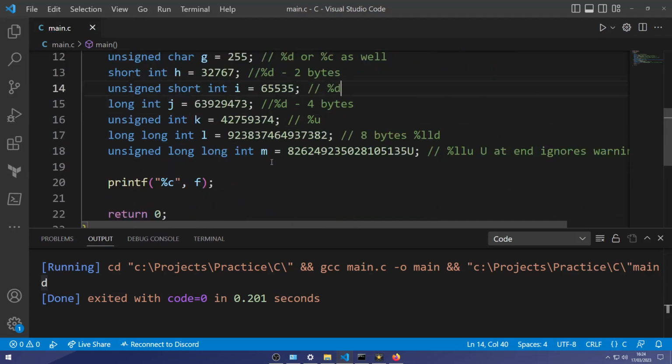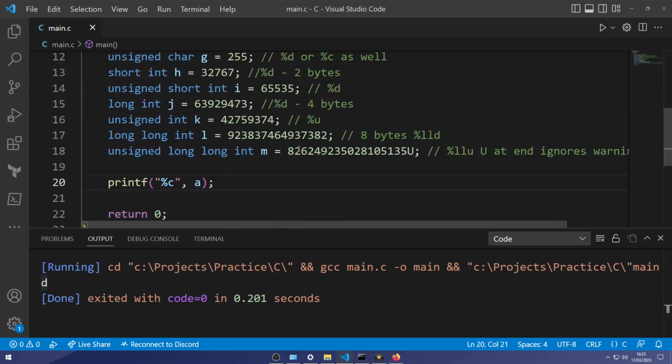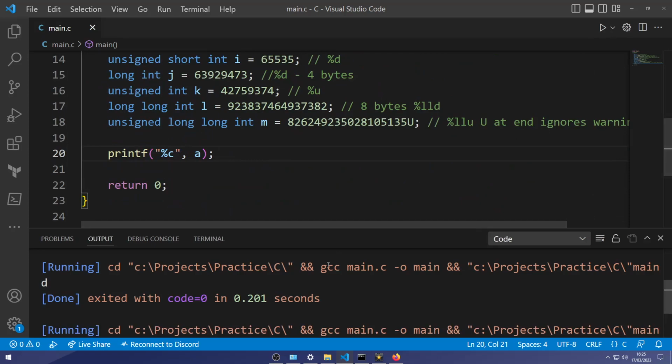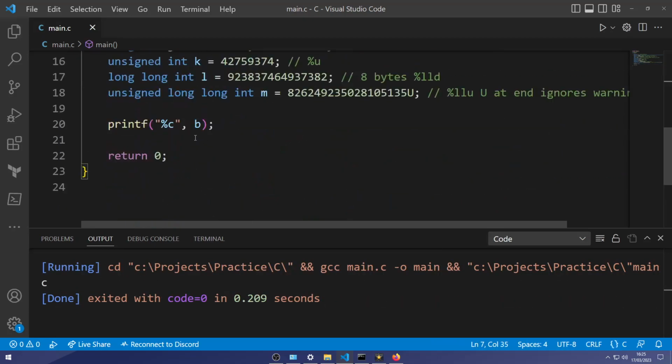We can call the first one that we created, which we named A, which is our first character, which should be a %c. So we use %c to run it. The next one we named B, and we need a %s to run that.